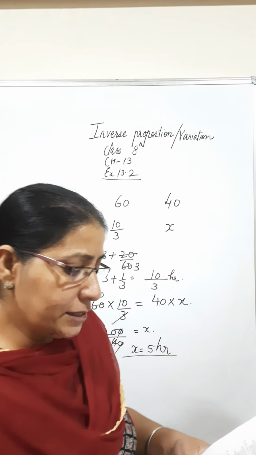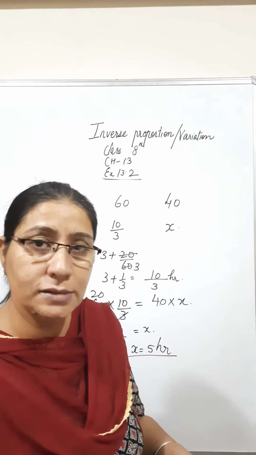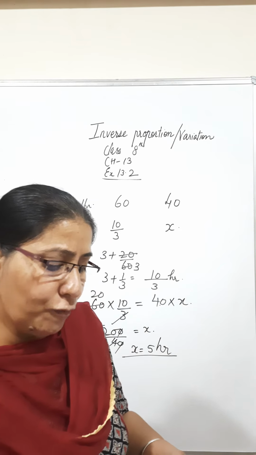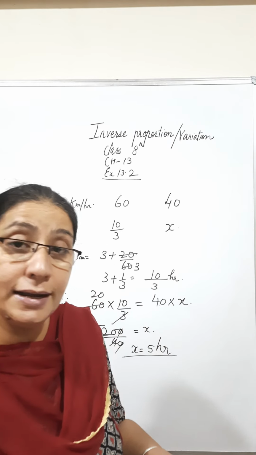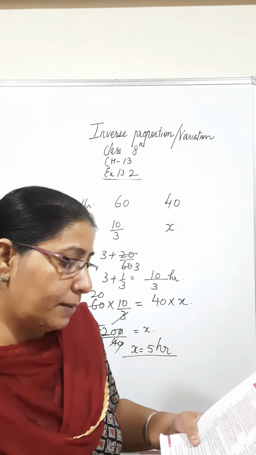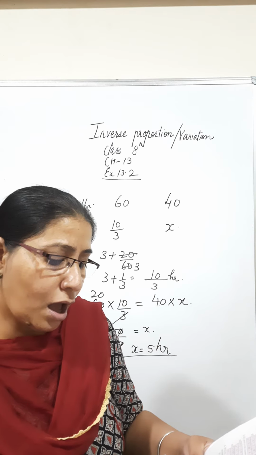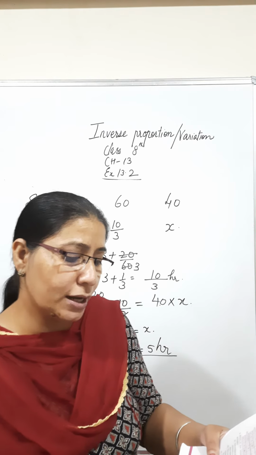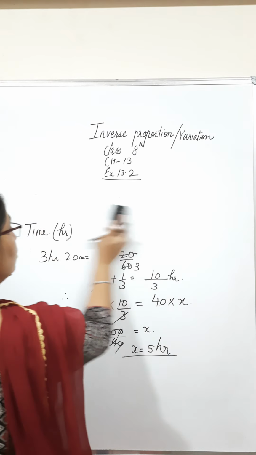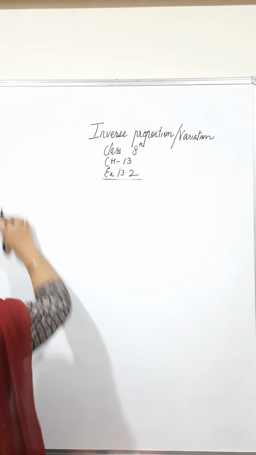Next, a camp has a provision for 240 persons for 30 days. This comes just like the horses question. In a camp there is a provision for 240 people for 30 days, meaning the amount of food and all that we have collected for them is for 30 days. In order to have the same food last for 30 days, how many men must be transferred to another garrison? If we have a shortage, and we want our food to last for 30 days, how many people should we shift from there?